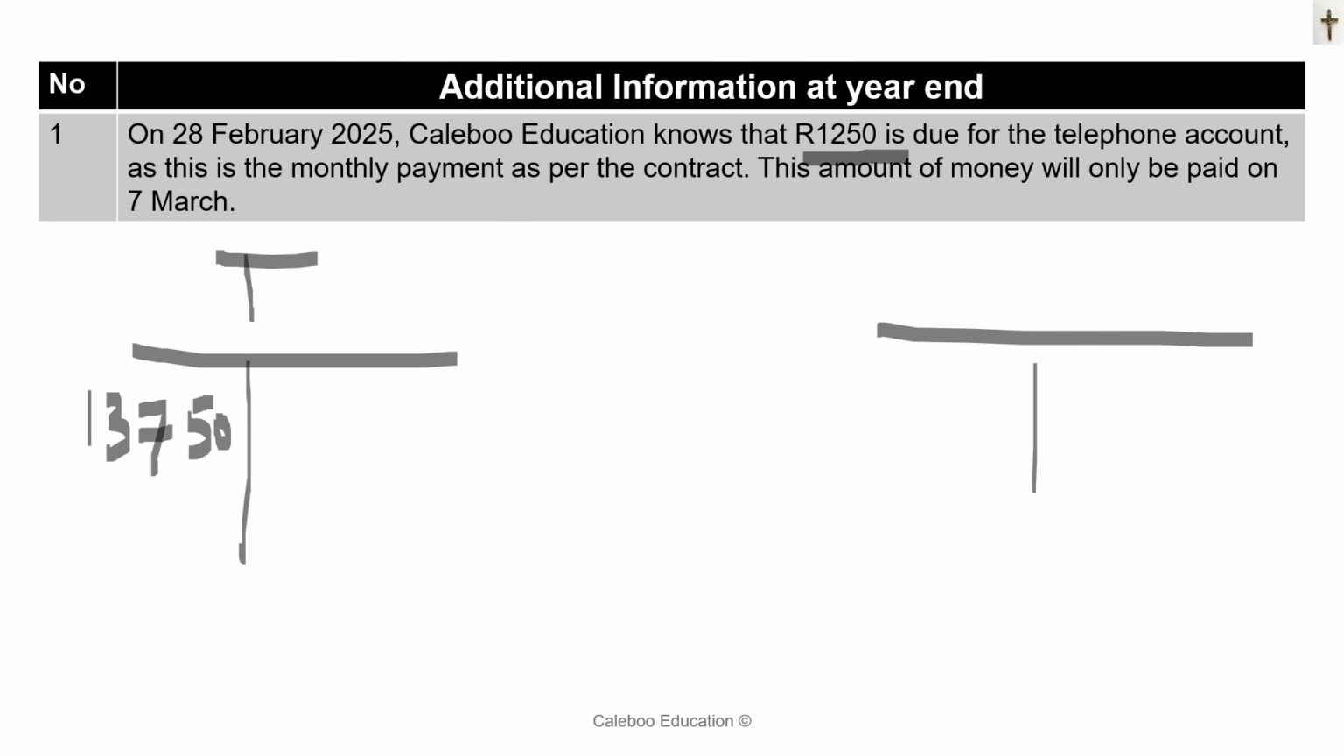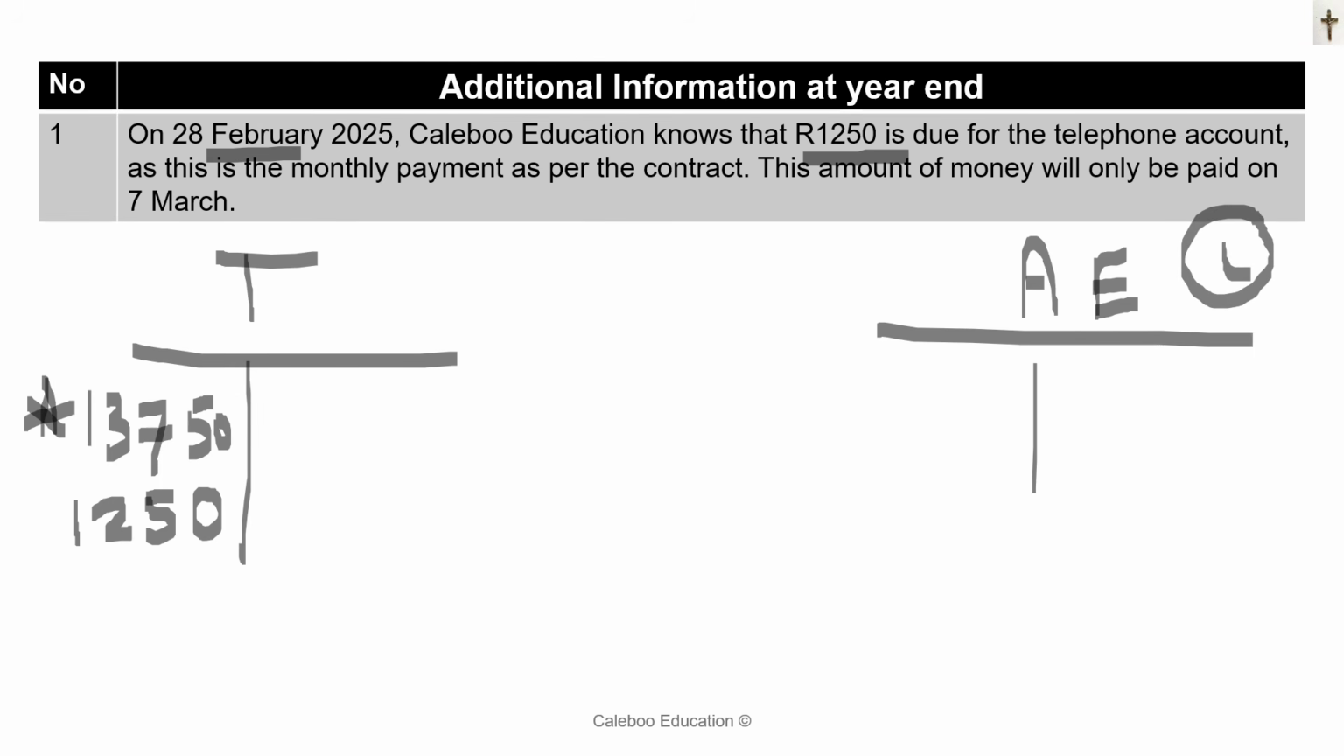It needs to increase by another 1,250. And this one here is accrued expenses. I'm using T accounts to do the workings. This number I got off the pre-adjusted trial balance. Telephone has a debit balance because it is an expense. I go and debit telephone with 1,250 because we used the telephone in February. And I credit accrued expenses, which is a liability, with